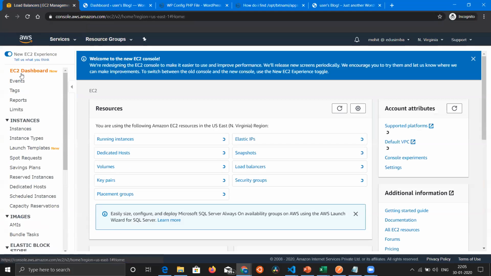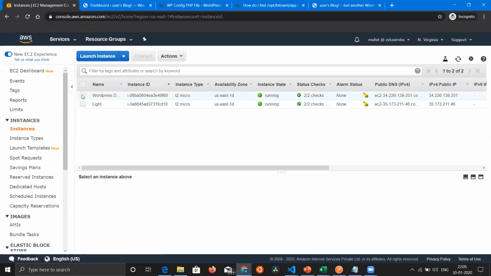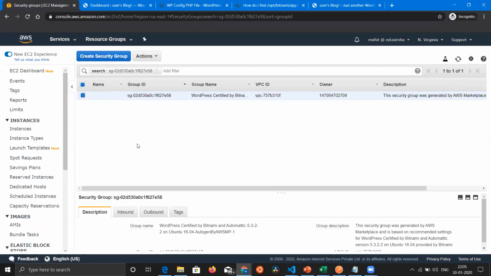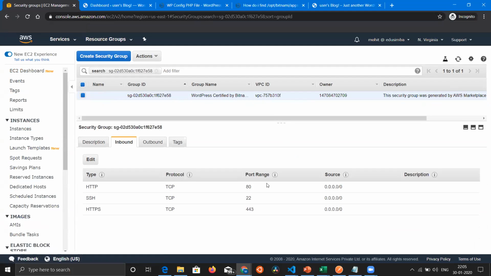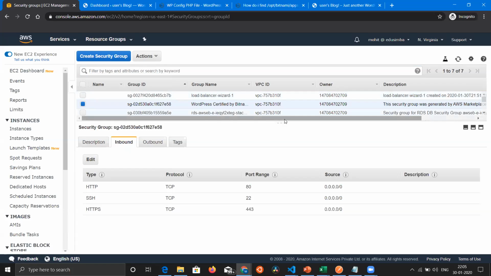So just go to your EC2 dashboard, go to running instances, then select the instance which you are running, scroll right and go to your security group. In this, go to inbound traffic. And over here, you can see that a lot of things are allowed. So now what I'll do is remove this and allow only the security group that is attached to our load balancer. Our load balancer is attached to this security group, the first one,